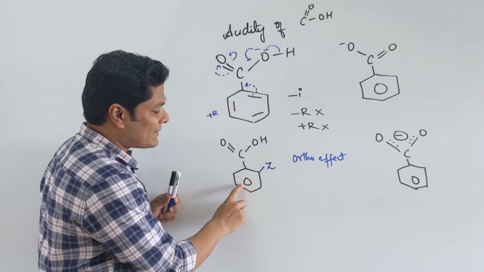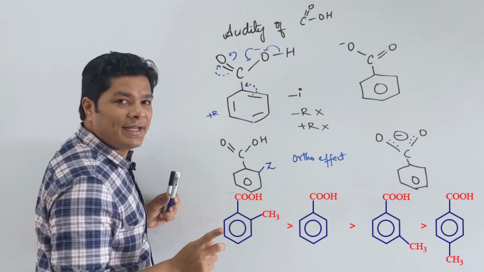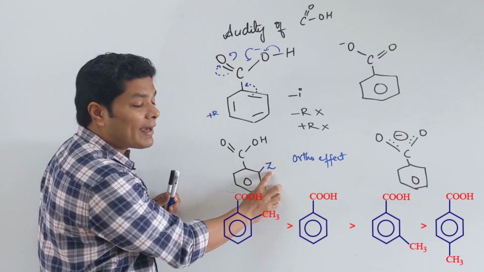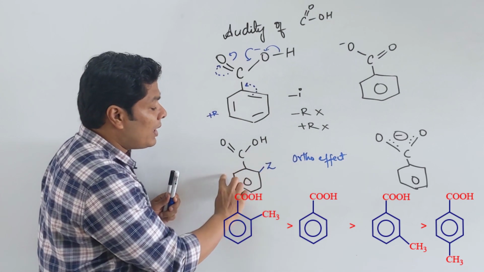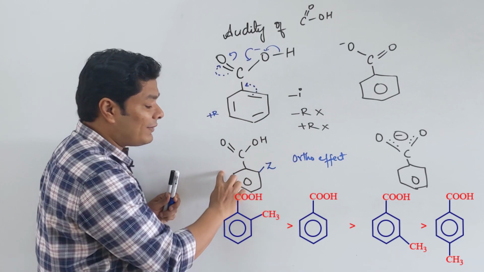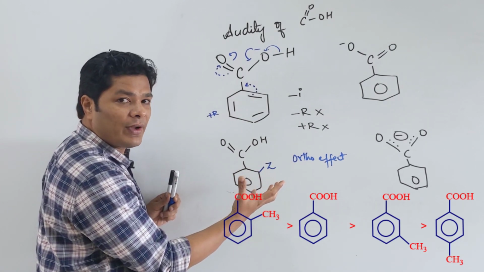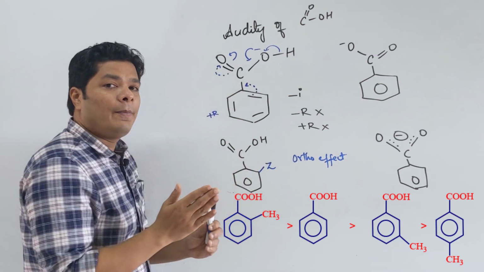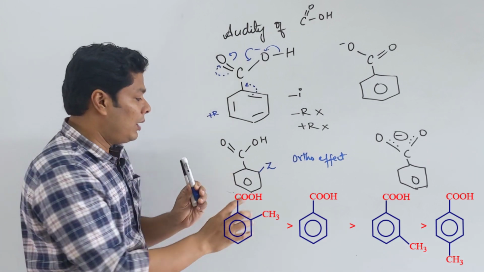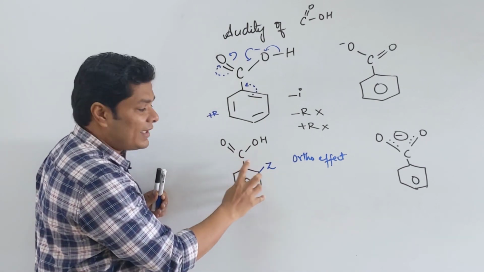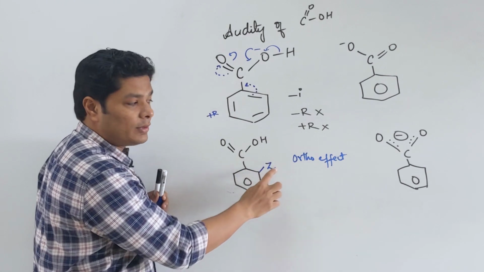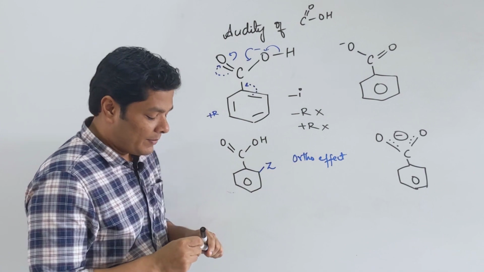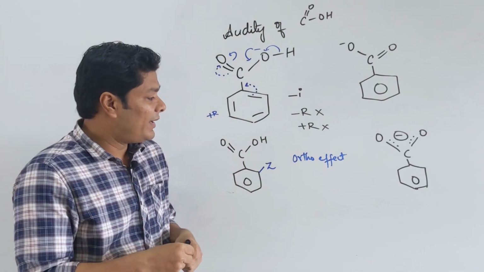When it comes to benzoic acid, ortho effect is extremely important. In phenol, it doesn't matter because phenol is a small group, whereas benzoic acid is a big group. It gets interacted sterically with the ortho substituent. Now, the bigger the size of the ortho group, the more effect it is going to have because it has to turn more. And if you have two ortho groups, it is going to be a completely different plane. So, a normal benzoic acid is more acidic than monoortho compared to diortho. That you want to remember as ortho effect. These are the things you want to remember about acidity of acid. And now that we are on acidity, we can finish it off here.